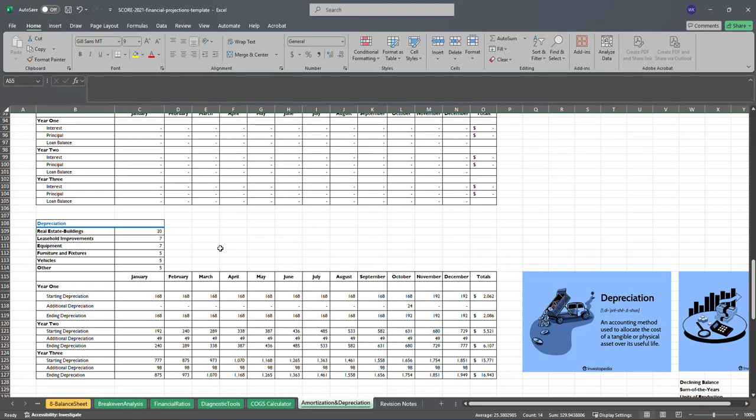So what is depreciation? By definition, depreciation is an accounting method used to allocate the cost of a tangible or physical asset over its useful life. So what does that mean? Why do we need this at all? When we purchase things,